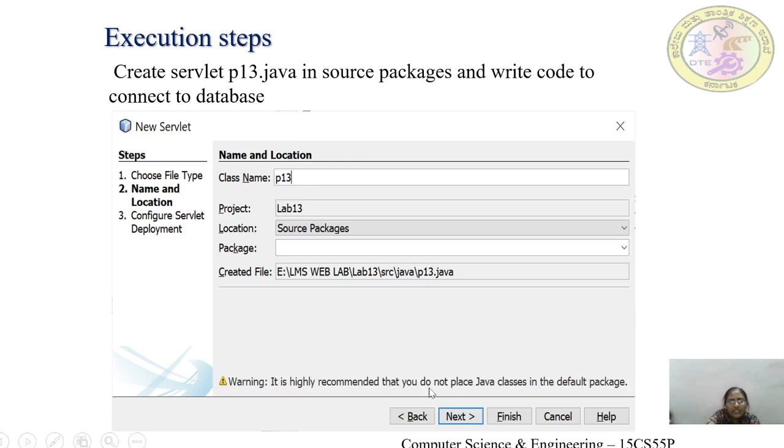Do not specify an extension in the class name, just give the servlet name. Here I have given it as P13. It shows the project name or web application name where your servlet is created and the location where your servlet is getting created. Then click on next.